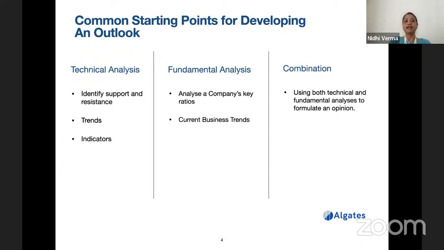So you don't have to do only technical or only fundamental. Most of the traders do a combination of both, a little bit of both, and then they determine a particular opinion. Then they come to formulate an opinion on that stock or that index, and that could be the starting point for placing a trade. When you have an opinion, that is basically the starting point, when you believe that this is going to happen in future, and that belief is supported by your technical and fundamental analysis of that stock.